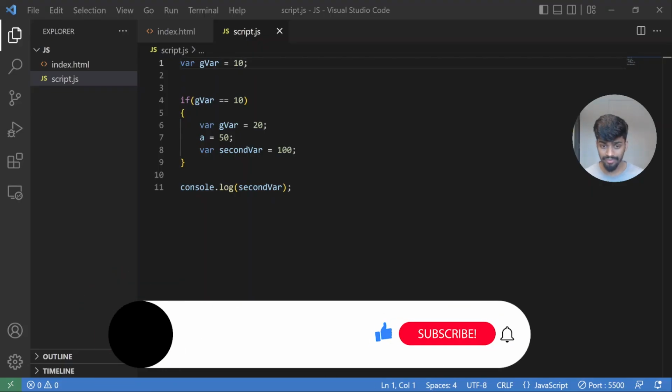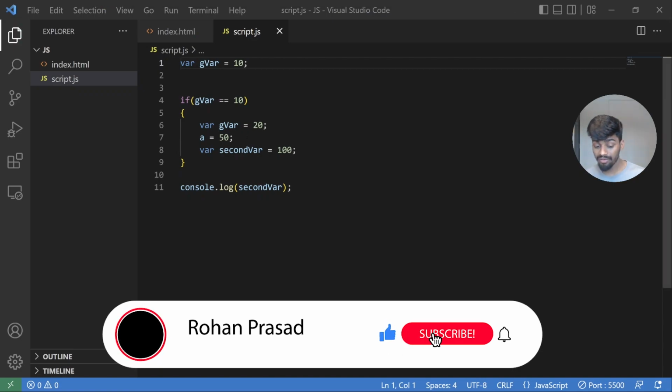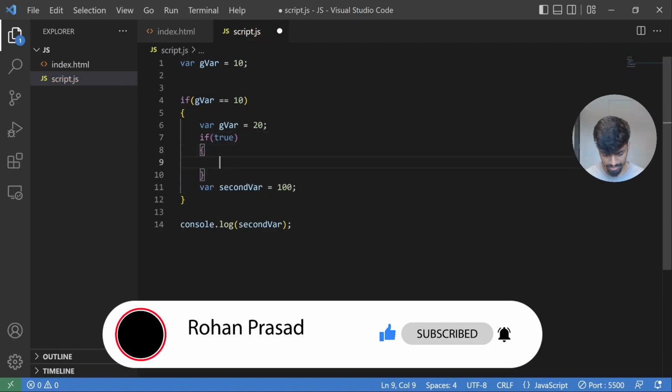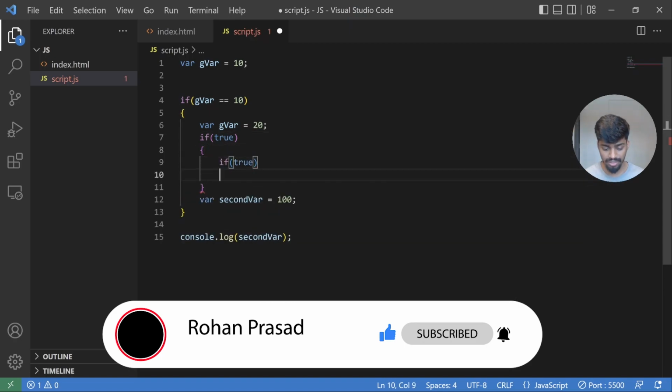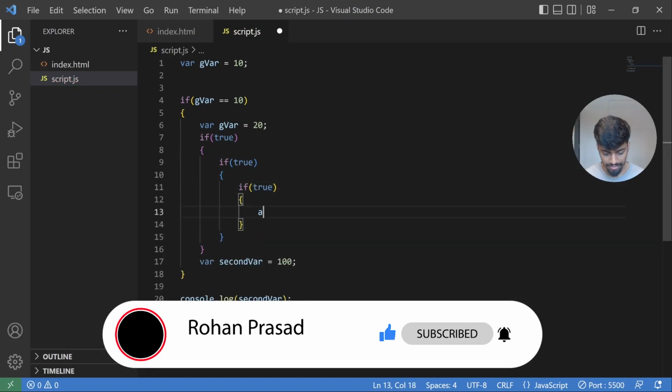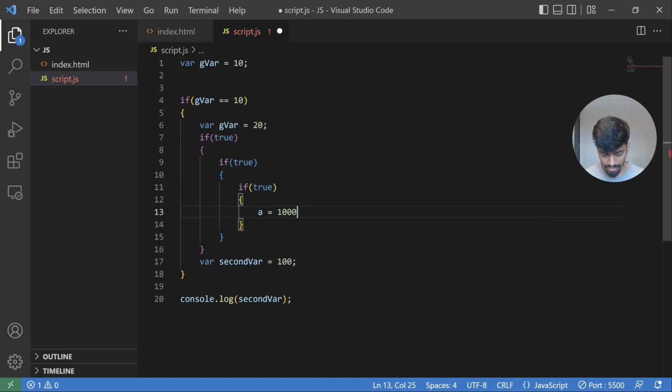So now we have understood how global variables work, how var is created as a global variable when declared outside functions. Let's now understand what the problem is here. The problem is you're declaring a directly like this wherever, for example, if there were one more if condition here, and one more if condition inside this as well, and if I would have declared a in here as well with a value of 10,000 and hit save